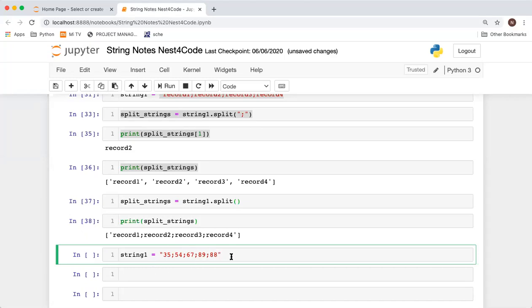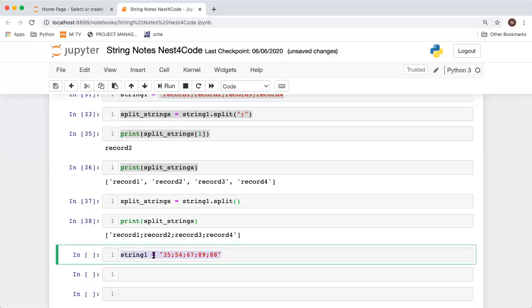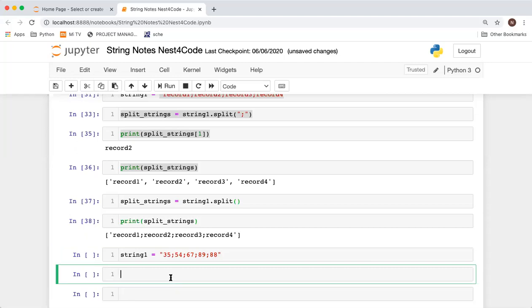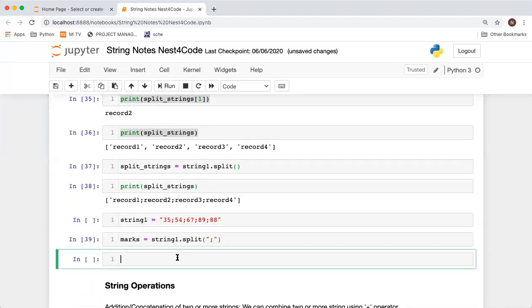Like these were the marks for 5 subjects, and we want to calculate the sum of these marks, right? These are separated by semicolon. So first we can just say marks, and we'll split them based on the semicolon.